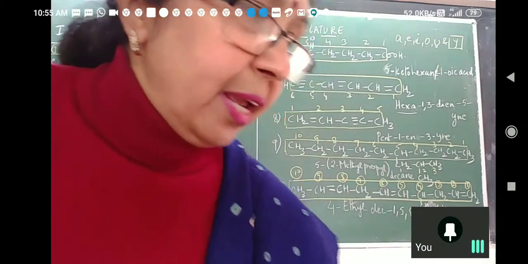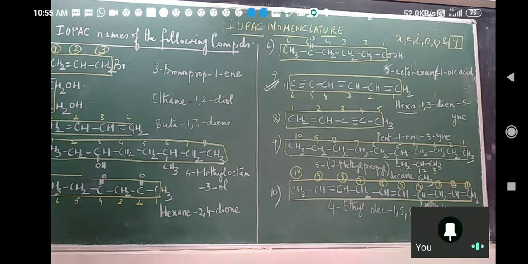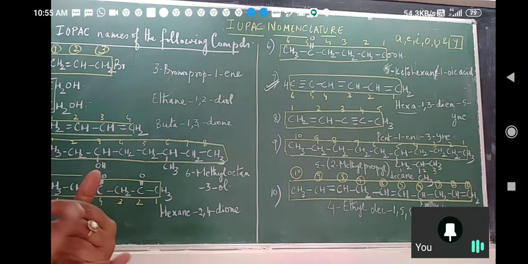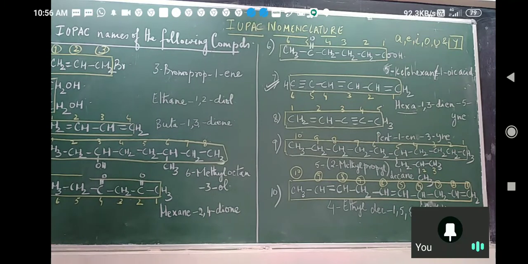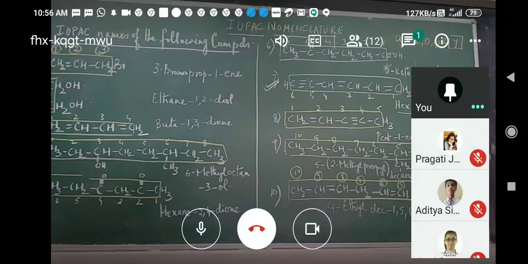Now, in today's class, what examples had I covered? I had covered those which have side chains, and I had covered those where there are double and triple bonds and more than one or two double bonds. There were three double bonds, there were two double bonds, one triple bond, and so on. So again, you can revise this. Hopefully you should be able to get this much. We'll gradually move from simple to complex.